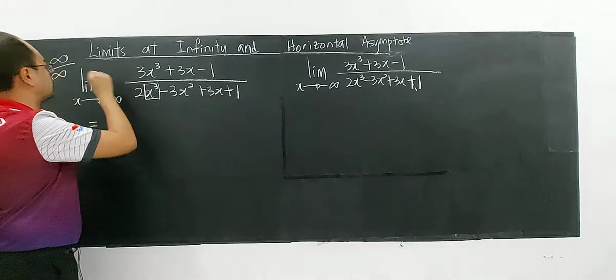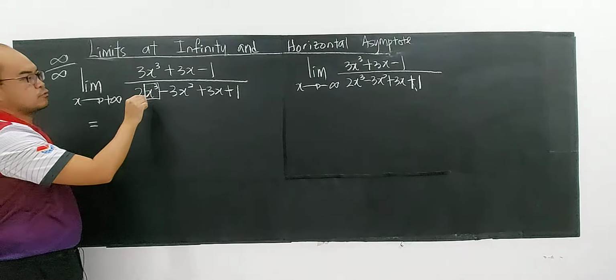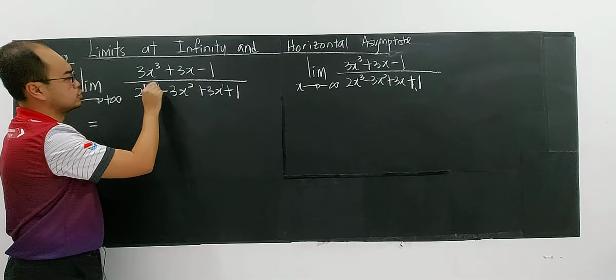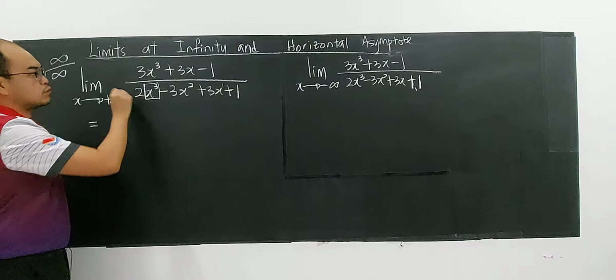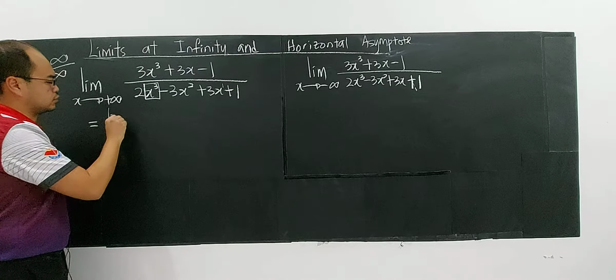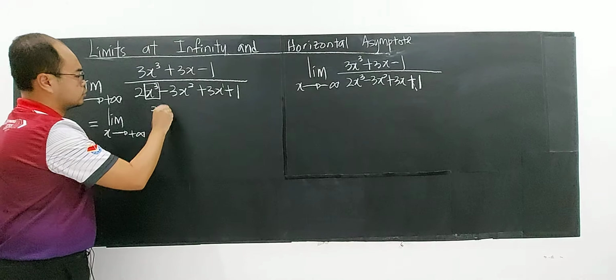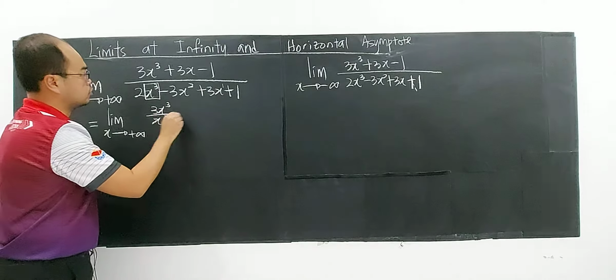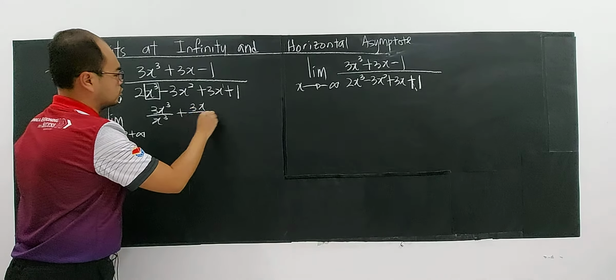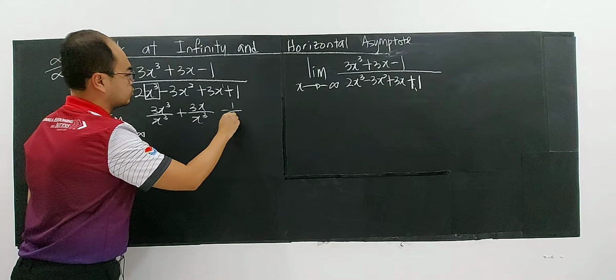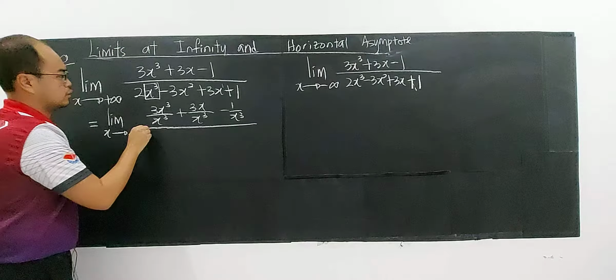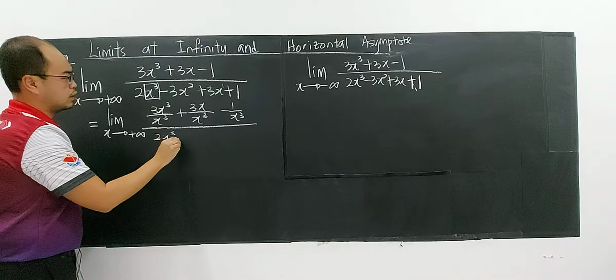For this type of case, the technique is you're looking for the highest degree here. Here 1, here 2, here 3. So x to the power of 3. Everything you divide by x to the power of 3, right? Divide by x to the power of 3. So 3x cubed over x cubed plus 3x over x cubed minus 1 over x cubed, divided by 2x cubed